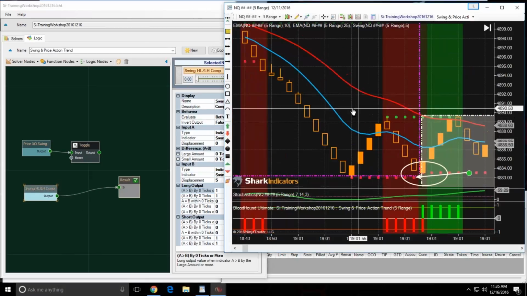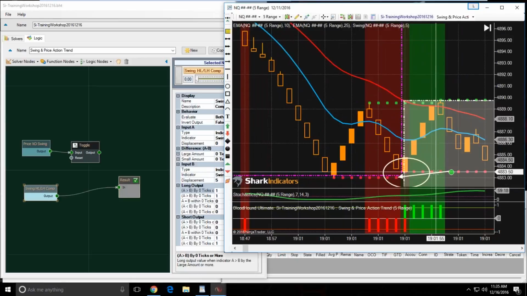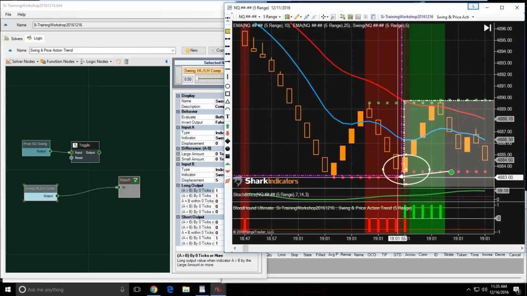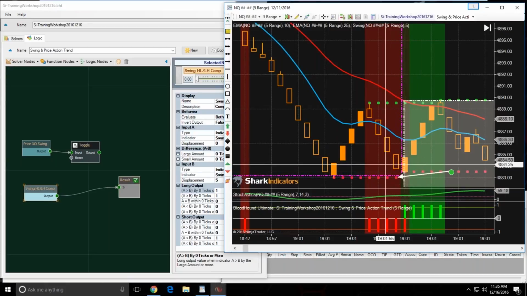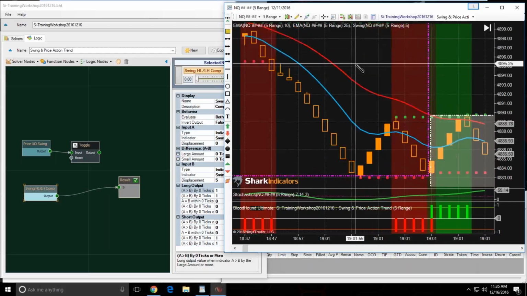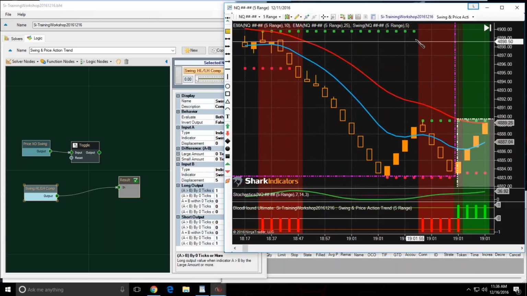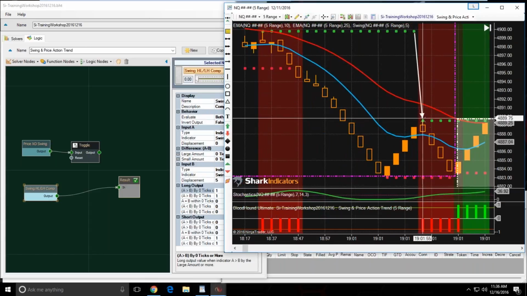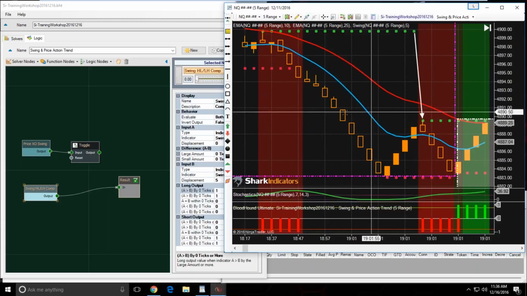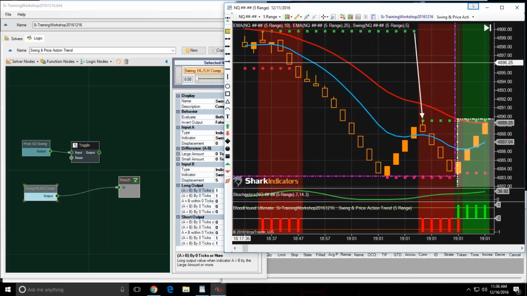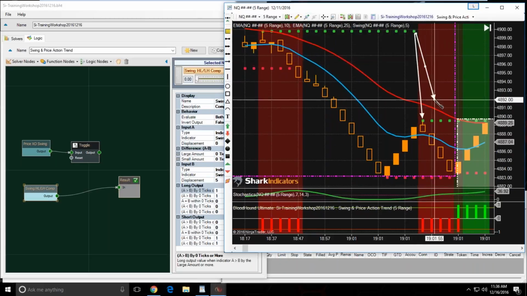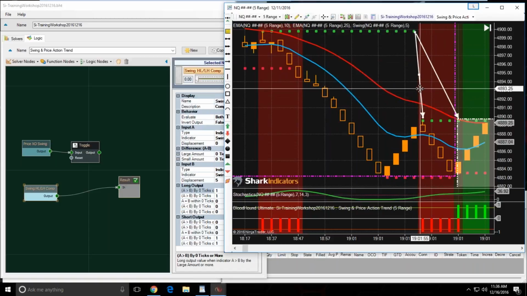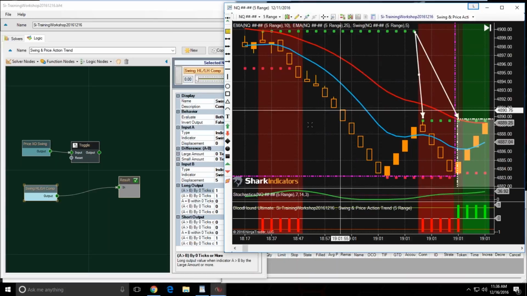Let me kind of point something out here. So remember the indicator back paints. Just a moment here. You may have noticed that BloodHound has identified that step down immediately, right? Instead of identifying it 5 bars later, BloodHound was able to identify it immediately. And that's because